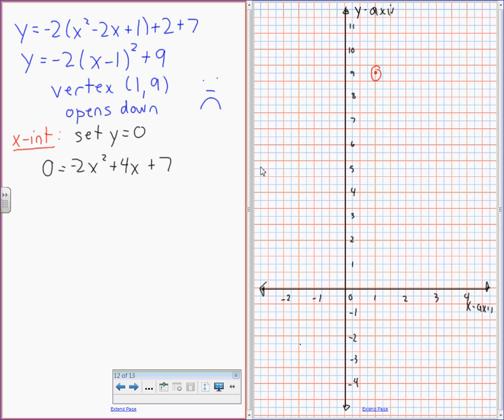Grace, can you recite from memory the quadratic formula, please? X equals negative b plus or minus the square root of b squared minus 4ac, all over 2a. All right, Adam, can you tell me what A equals, B equals, and what C equals, please? A equals negative 2, B equals 4, C equals 7. Riley, can you sub that in, please? Negative 4 plus